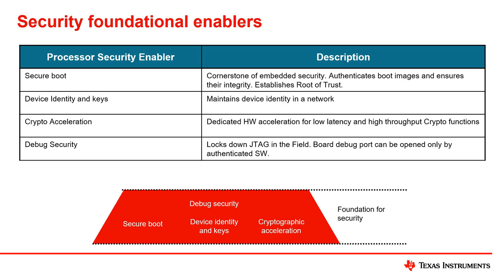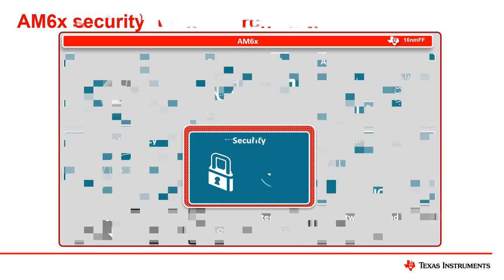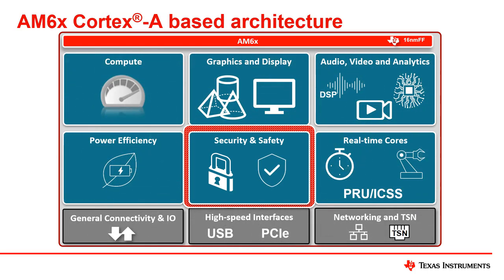But before we get too far, we need to understand that each one of these basic architectural elements need to be baked into the architecture of the system, or the SoC architecture being used to build the system. Security really needs to be a foundational element of the architecture in order to make sure that it is truly secure. You can't really bolt security onto something and make it as effective as something that's built in to the system. And that's exactly the case for the TI AM6X security architecture. It is one of the core components of the overall architecture of the AM6X device family.